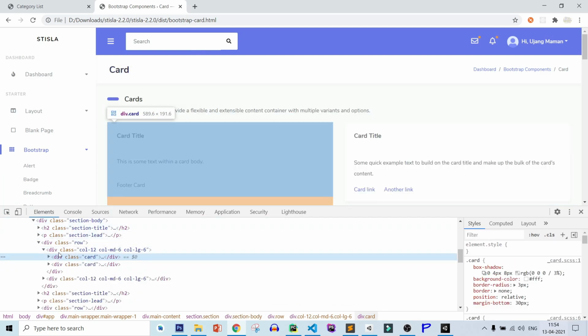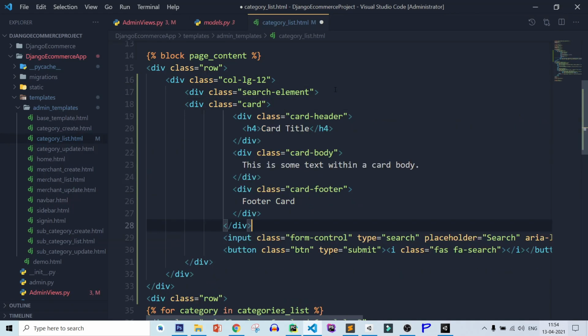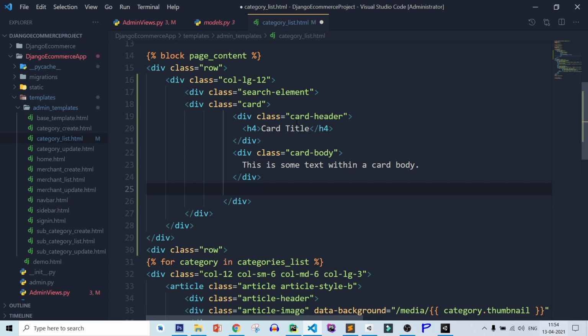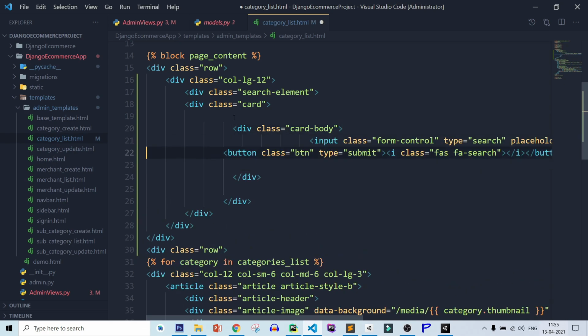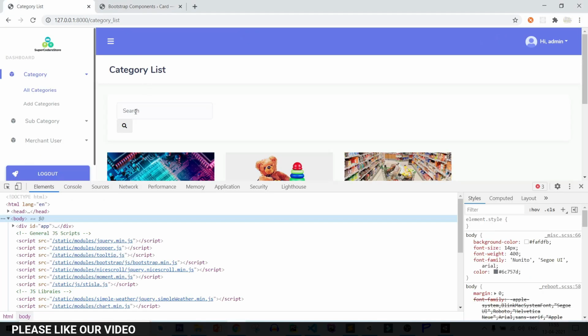After that, let's copy this card data, paste it, cut it, remove footer, remove header, and here in body, just paste your content, save it, refresh page, and you can see it is showing inside card.